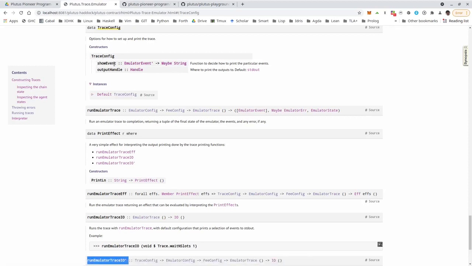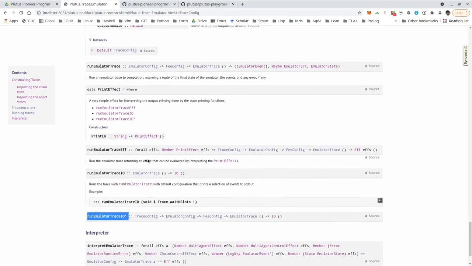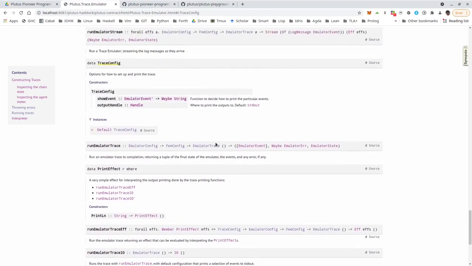And we have a field show event, which takes an emulator event prime and returns a maybe string. So here the idea is we get this list of all the emulator events when we run the run emulator trace function, the one with so much output.